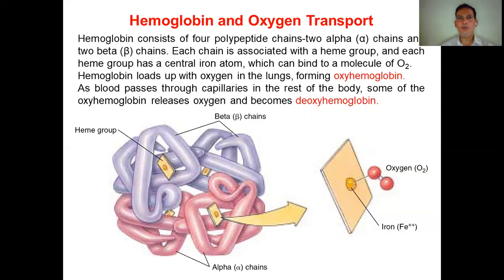So when hemoglobin loads up oxygen in the lungs, we call it oxyhemoglobin. And when this oxyhemoglobin passes through the capillaries in the rest of the body, it loses or releases its oxygen, and we call it